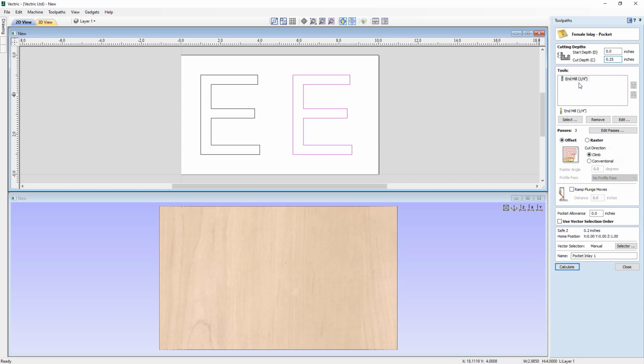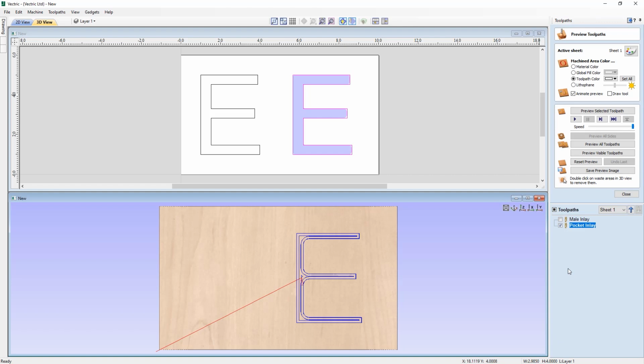We must ensure that we use the same tool that we use for the male part. So we're going to ensure that that matches up, and it does. We've got the 1/4 inch end mill in there. You can see that. We can do that in an offset strategy. Then we can just give that a name. We'll just call that one pocket inlay, and then go ahead and press calculate, and then we can preview this